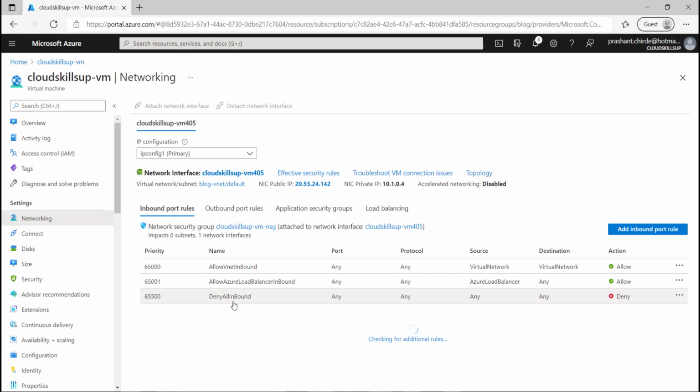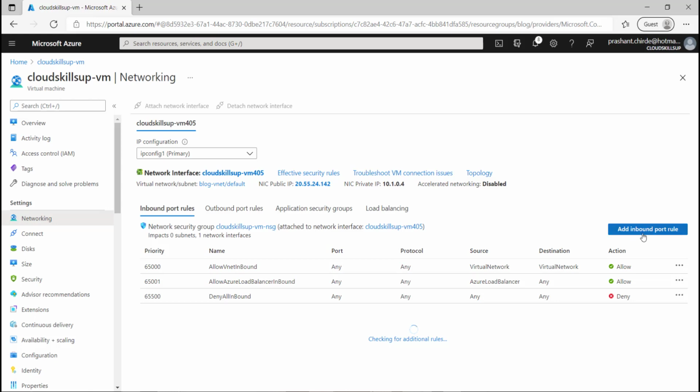And for the putty connection, port 22 should be allowed for inbound connection, but I'm not able to find that connection here. So in that case, what we need to do is create the inbound rule so that we can connect to the VM, right?